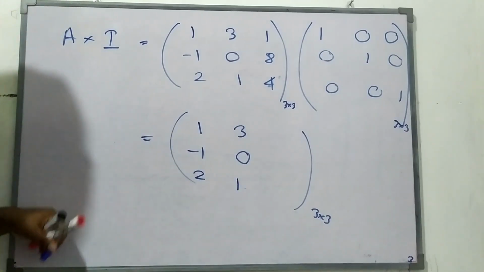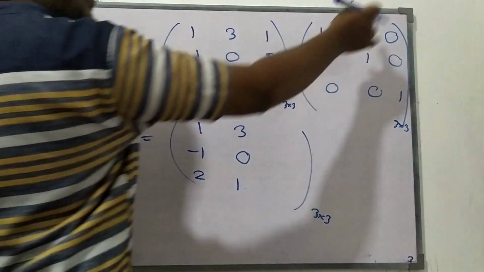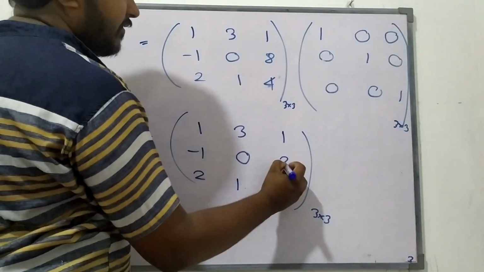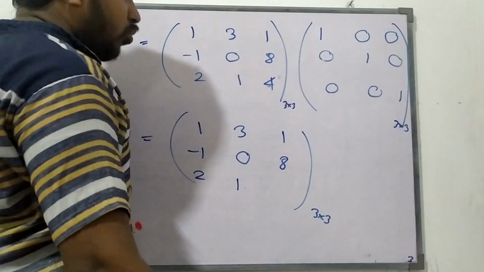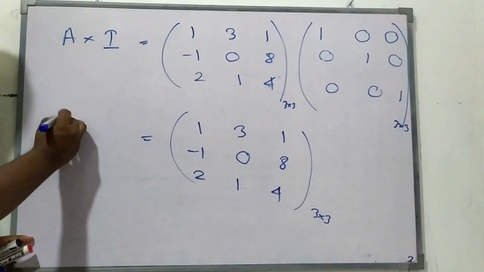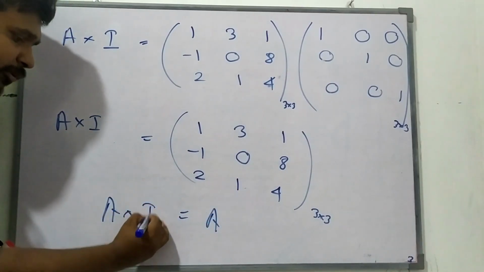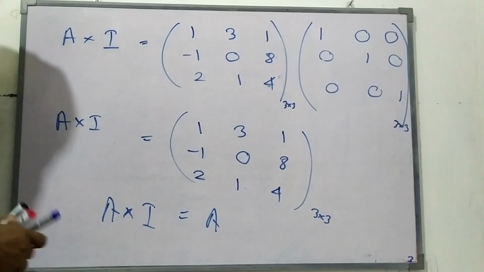This one into this one, it's 1. This one into this one, it's 8. 2, 1, 4, 2, 1, 4, it's 4, right? So again, A into I, which gives A, no? A into I, which gives A. Let's say this is the very important